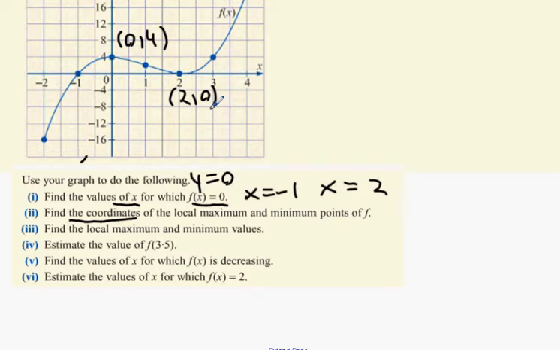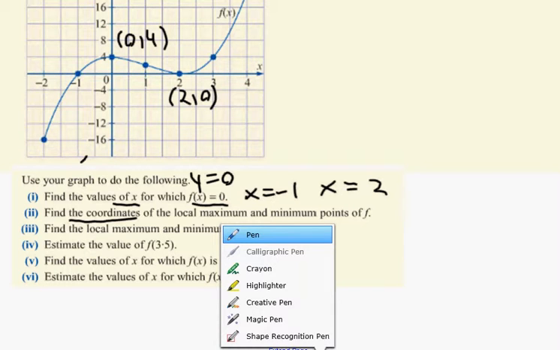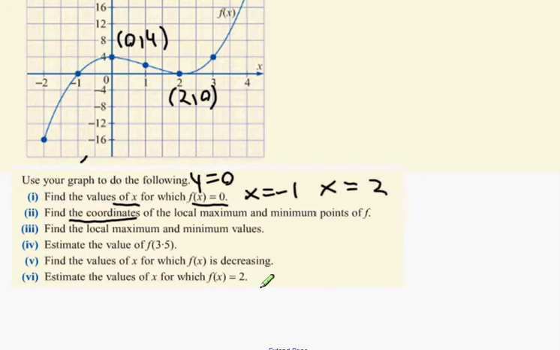Find the local maximum and minimum values. What does that mean? I would have tried to beat you into this on Monday. It's just referring to the y values only. So the local maximum is 4, while the local minimum is 0. Everybody right with that? Local maximum is 4, local minimum 0. Okay, it just refers to the